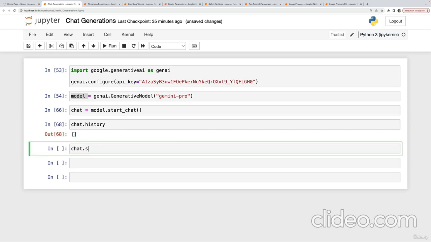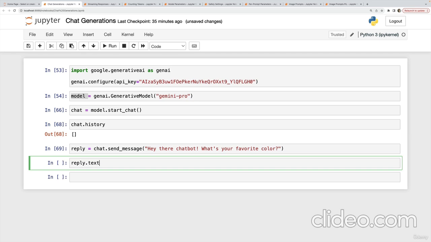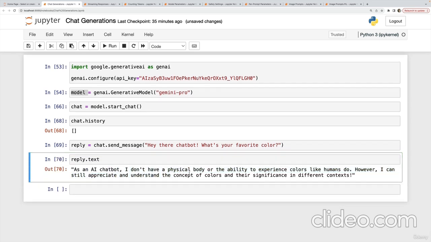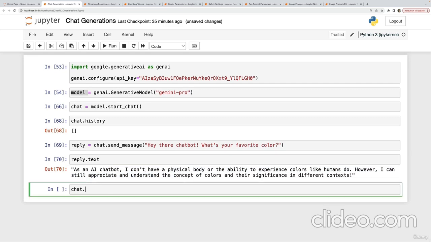At any point, I can call a method called send_message. And when I send a message, I'm not going to use generate content, I use send_message. And I'll just put something in there like, "Hey there, chatbot, what's your favorite color?" Okay, this is going to respond back to me. I'll just call this reply, the return variable. And if we look at reply.text, we do get our text. "I don't have the ability to experience colors," and so on. But more importantly, if I look at my chat history now,